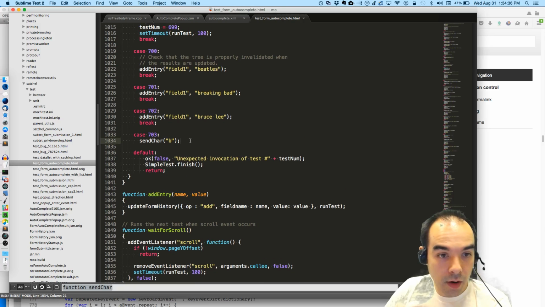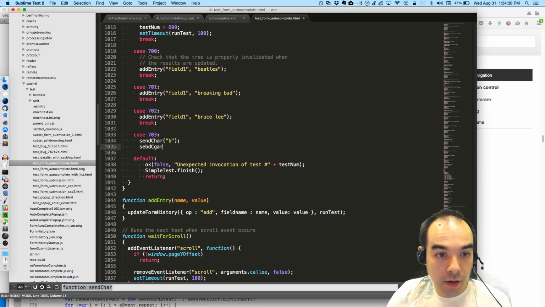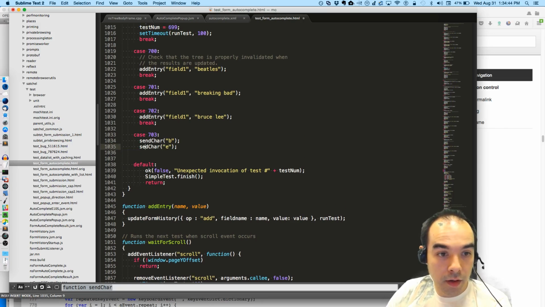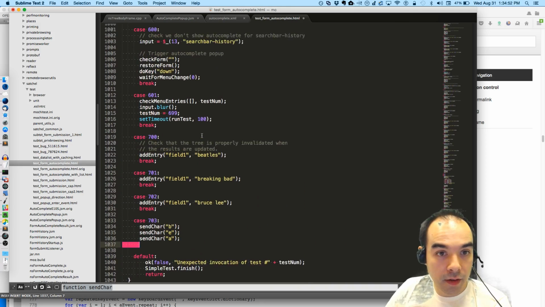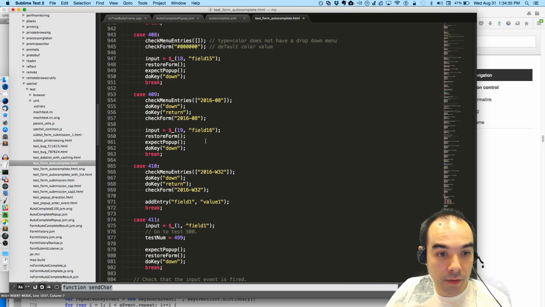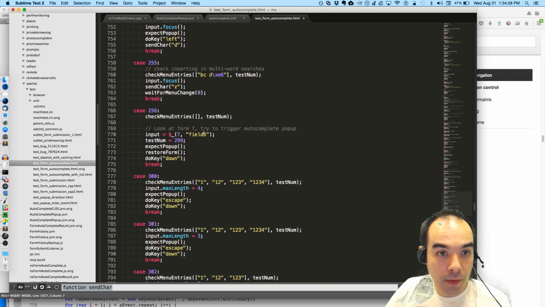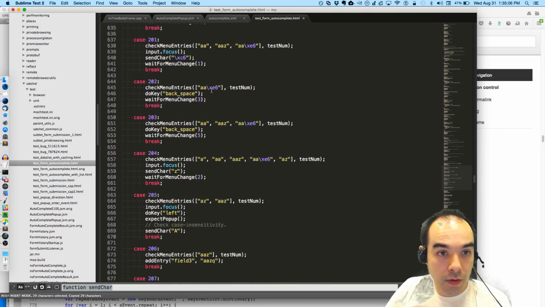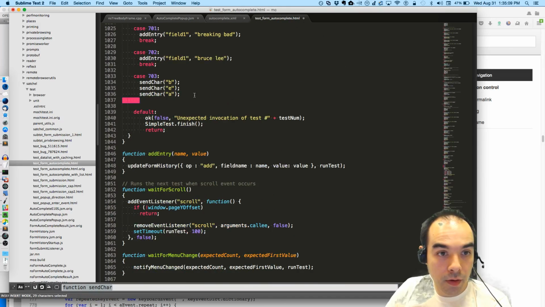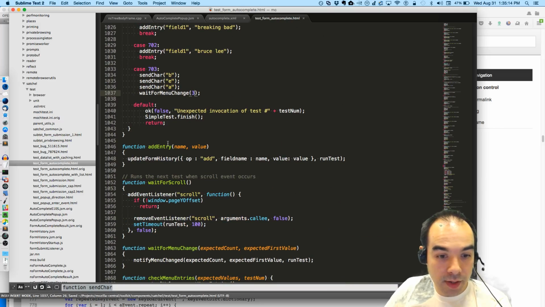Okay, so I can do send car B, send car E, send car A, and now we need to like wait for the menu to show up, wait for menu change. Because I think wait for menu change is how many we expect.